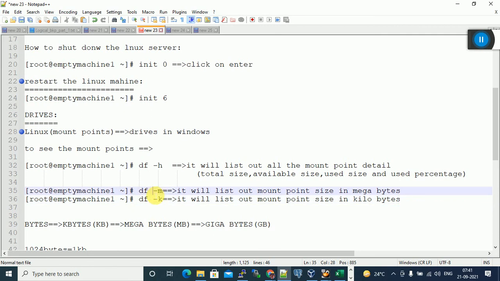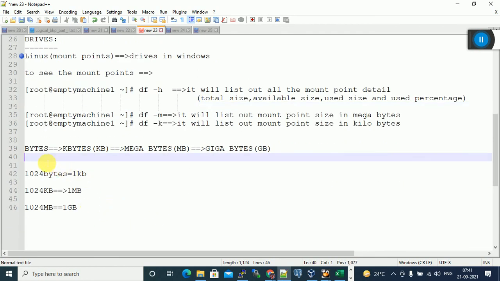Any doubts? Generally we use df -h, which displays the size in GB so that we can easily understand. If you want megabytes, df -m. If you want kilobytes, df -k. Clear? Any doubts?